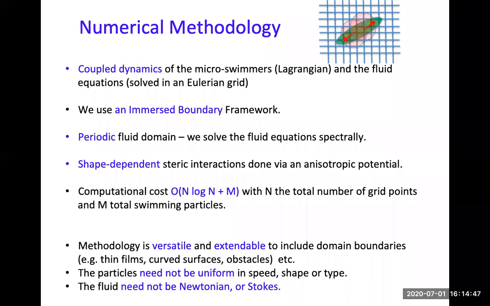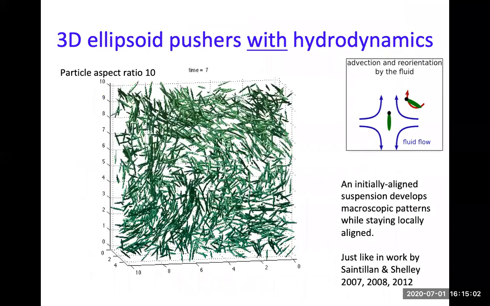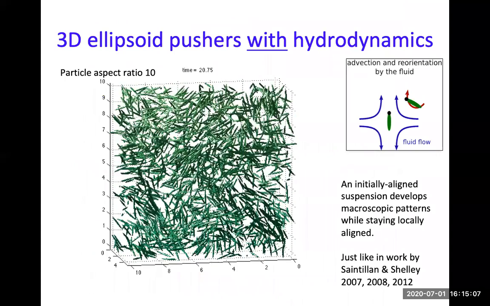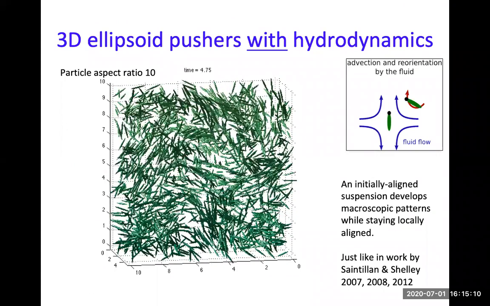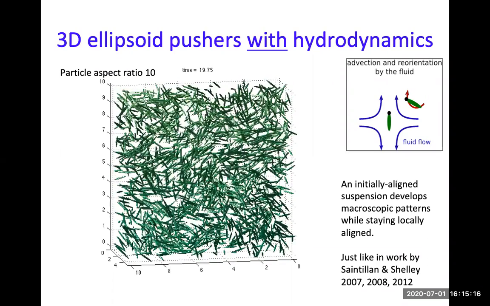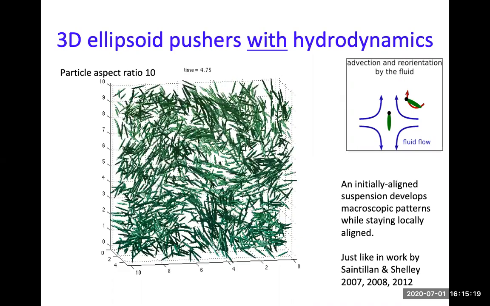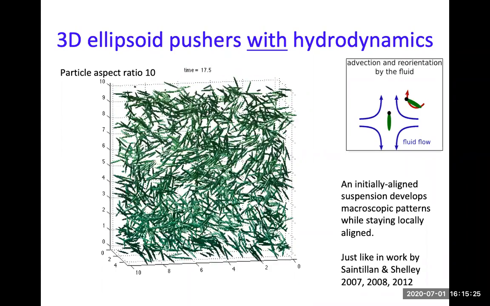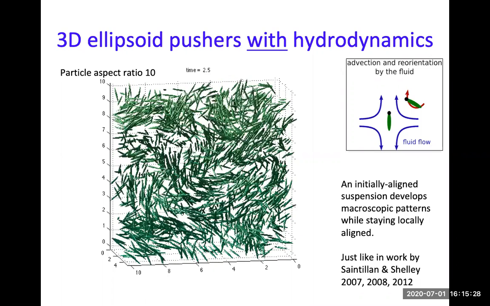So we want to see, does just including this force dipole help? It's a very minimal model, coupling the fluid and the particles. You put all of that together, and sure enough, you get collective behavior. The difference with this method is that it resolves not just the fluid flow, but also the collisions. That can be computationally expensive, but essentially you don't have particles that overlap. The ellipsoids don't go through each other. So it's more physically correct. But how do you know this collective behavior is right? Many people have looked at this method.